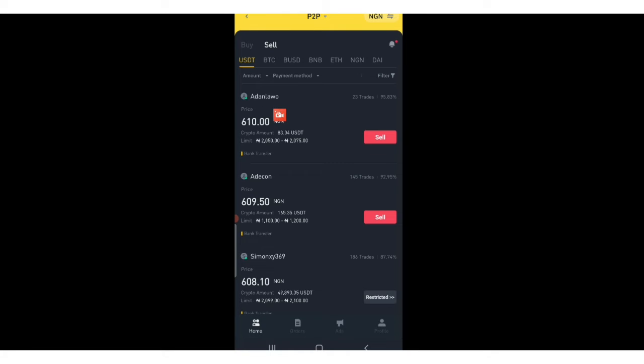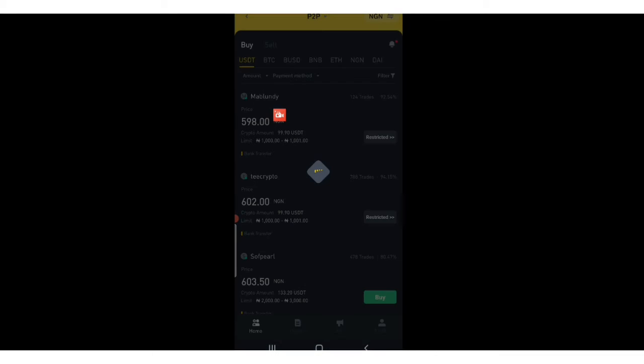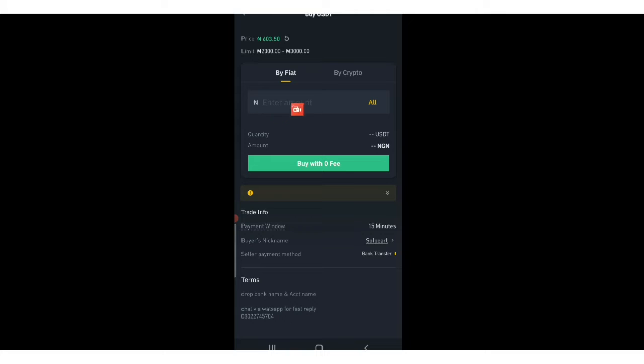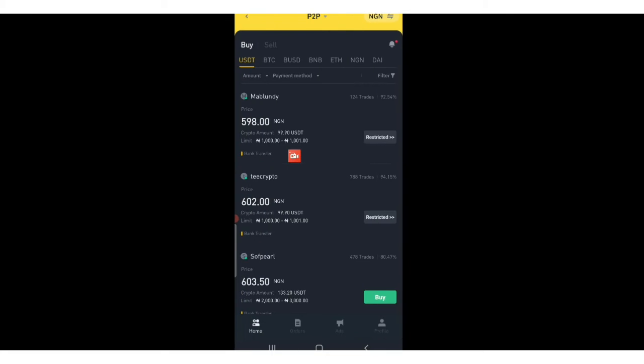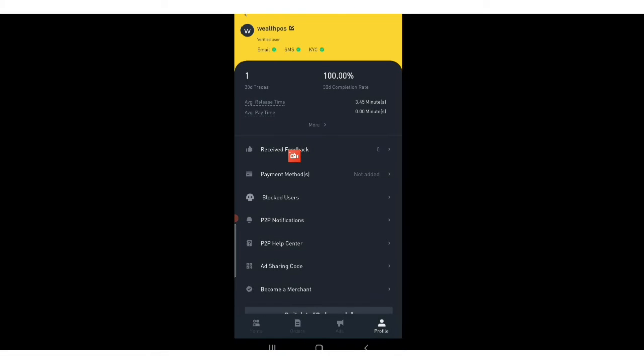You can sell. If you want to buy, you click buy, and you initiate the transaction. But as a newcomer, I will advise you to use Express. Express is direct. The amount you want to buy. Once you initiate the transaction like that, it will reflect in your